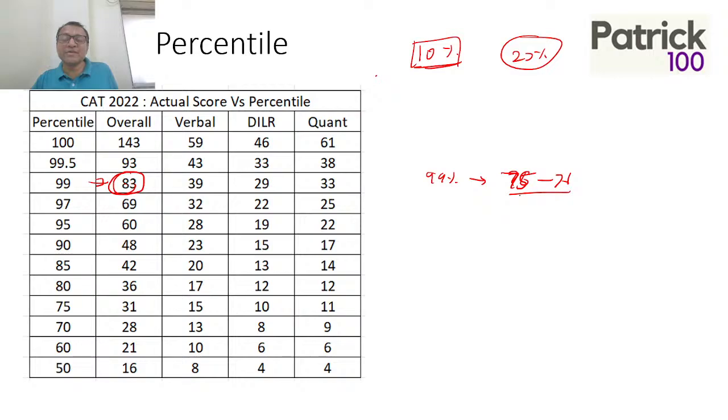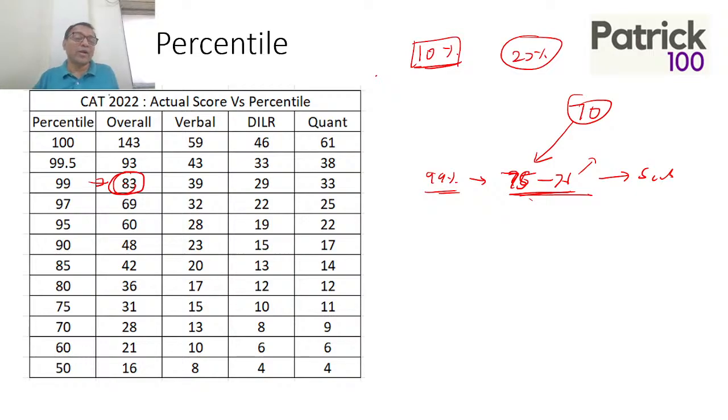So if there is 75, 76 marks, which is 99 percentile, remember that is the scaled score. That means even if you have got 70 marks, there is a chance that it could scale up and still go to 75, 76. Possible, I'm not saying no. But it is also possible that you have got 75, 76, you could scale down and go below 99 percentile. So you still have variation, I hope you understand.